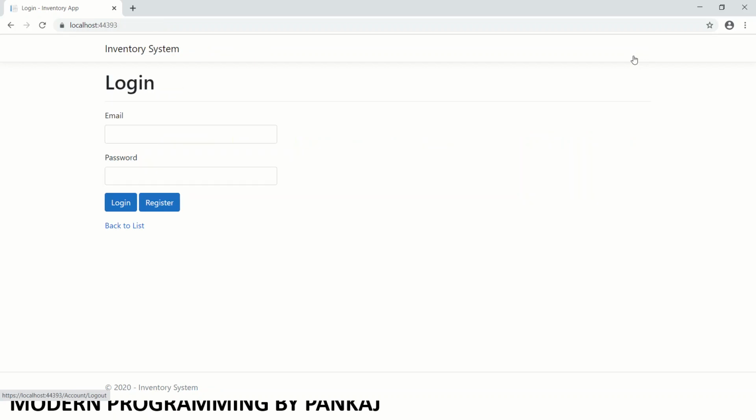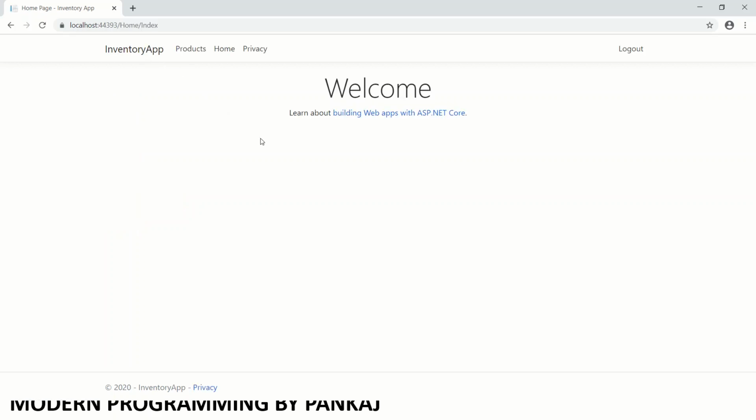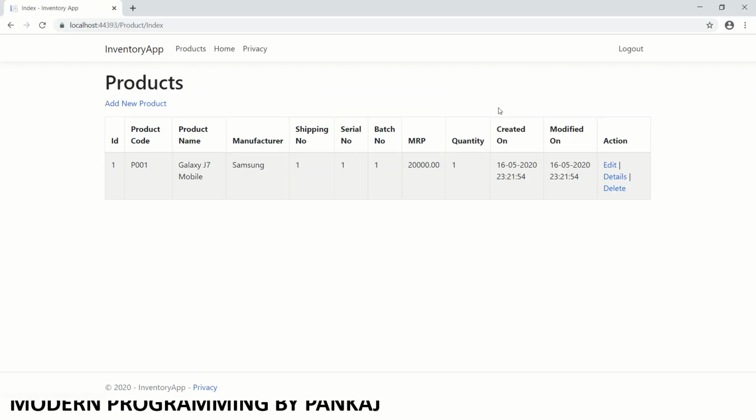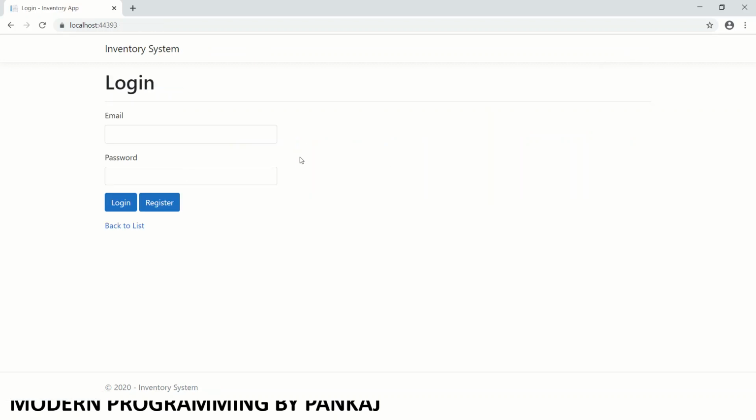The problem you might have got. Without login we should not be able to go inside the main product, but without login I am able to get inside this. So what is the meaning of having this login page? This is just for namesake. If you want to have a fully secure login page in your application, we can use identity authentication for that. We have got Identity in our .NET Core framework, which we can use.